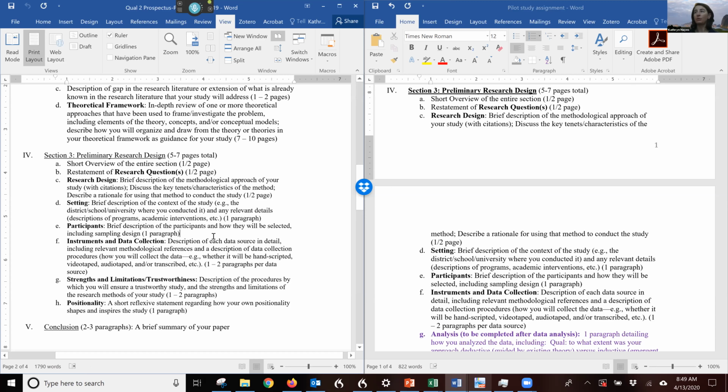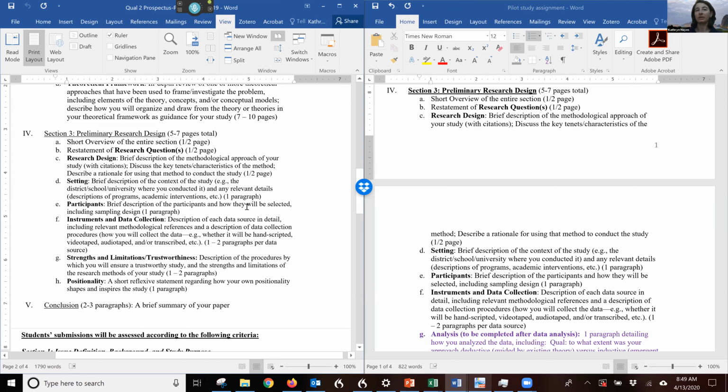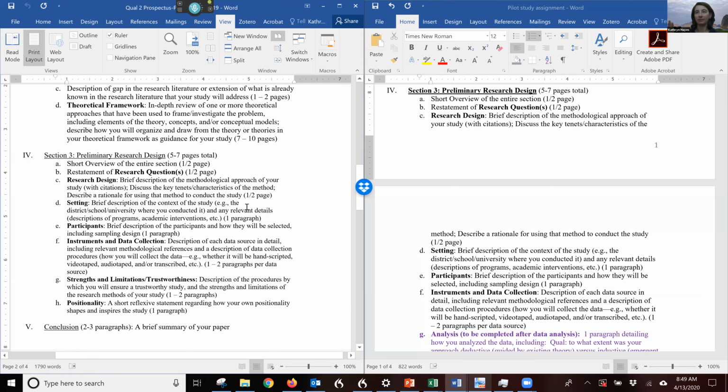So you're going to be proposing what you want to do in your research. And for this, your graphic organizer, where I had you map out your participants and so forth for your dissertation versus your participants for your pilot study, is going to be very useful because you're going to need to change the participants section and a couple of other sections to make sure that they are for your dissertation.